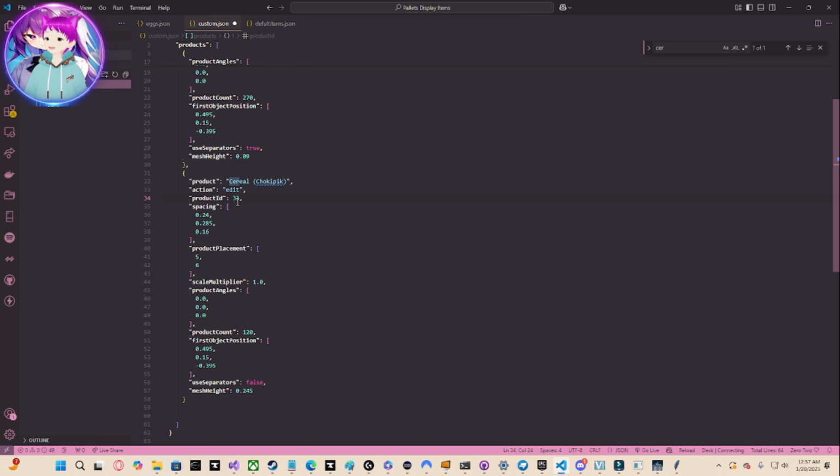Oh, by the way, if you're adding, you do not need this action in there. You can actually keep that clear. That's because default, it always adds by default. Anyways,